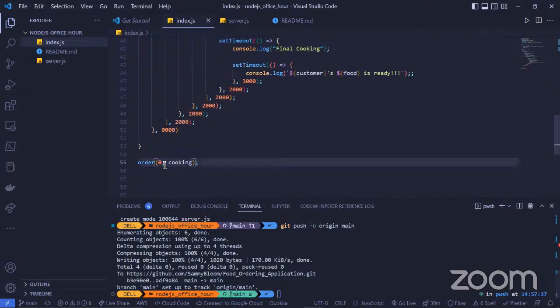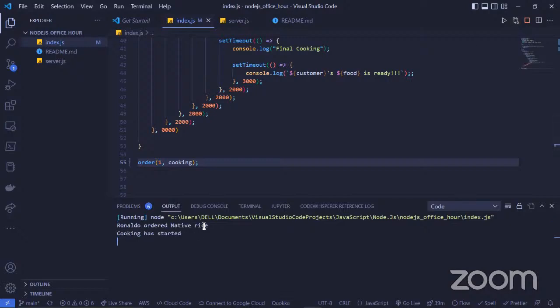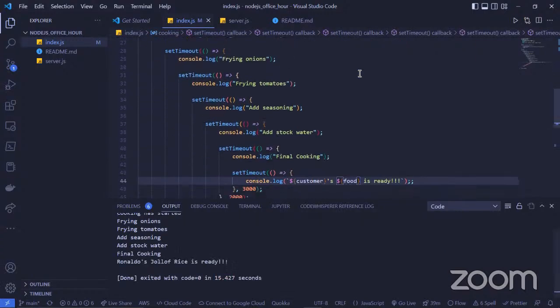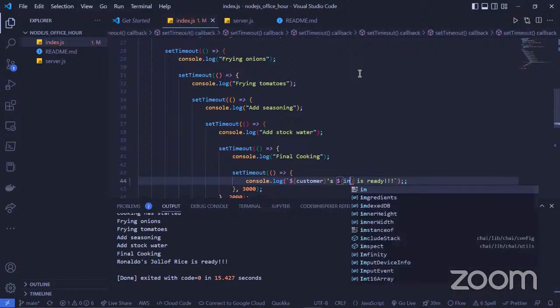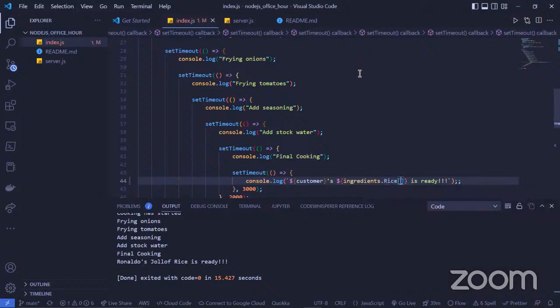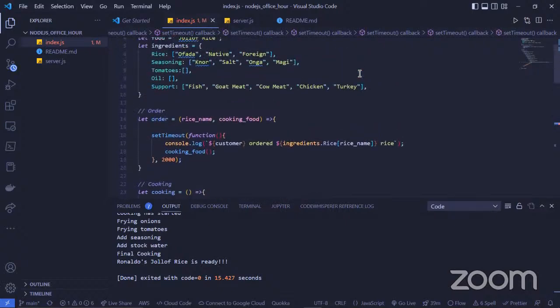Okay, we talked about ofada rice. Let's change this one and try to run again. Clear the output. Run it again. You see it's no longer ofada rice, it's native rice. So instead of saying food here, we can say ingredients dot rice. I just want to see the rice name.